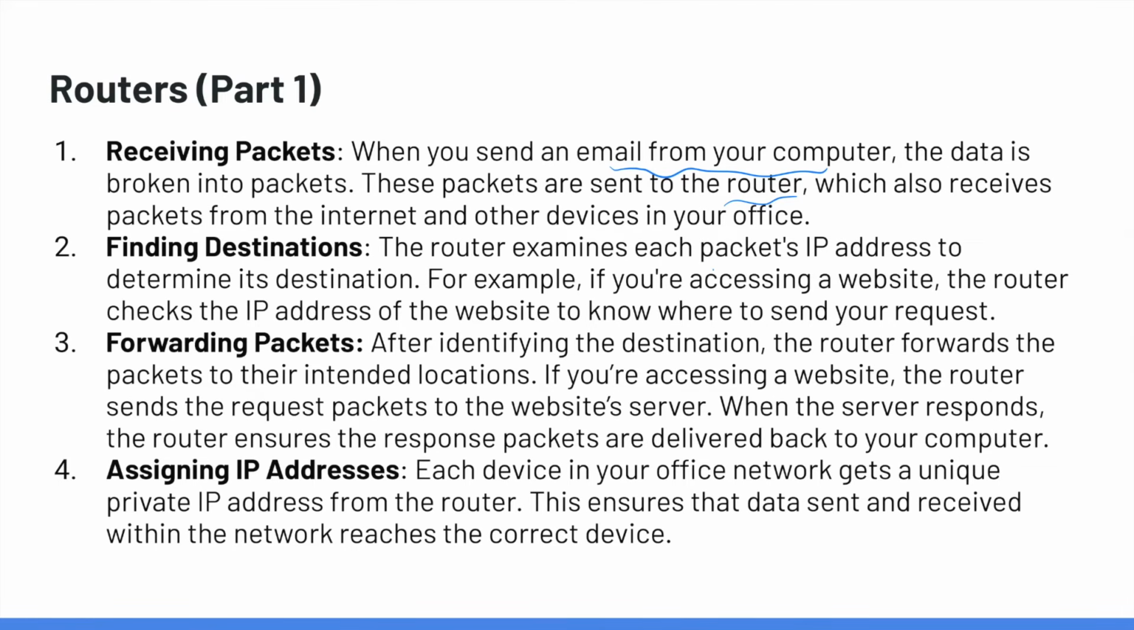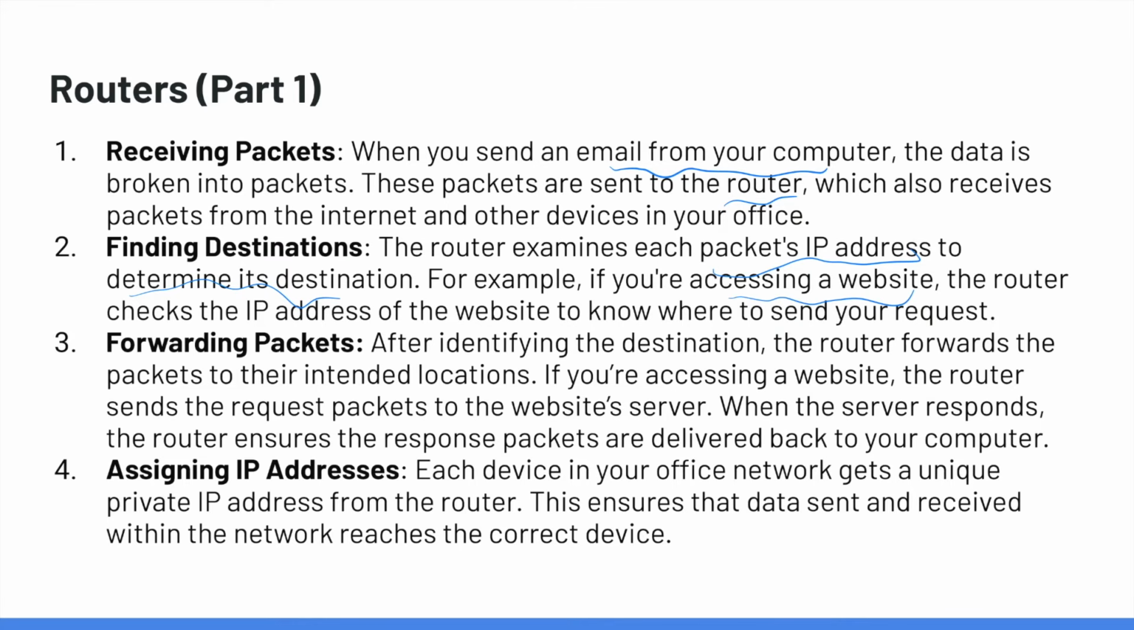Now, the router examines each packet's IP address to determine its destination. So every data packet that makes up that email is sent to the router, and the router looks at the IP address for where those data packets are to be sent. In another example, if you're accessing a website, the router checks the IP address of the website to know where